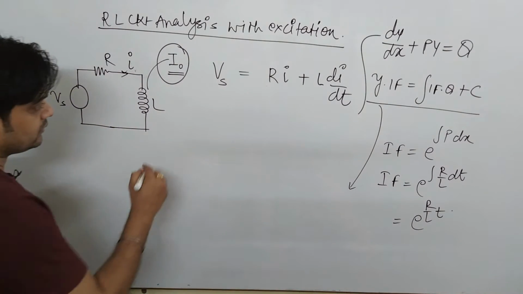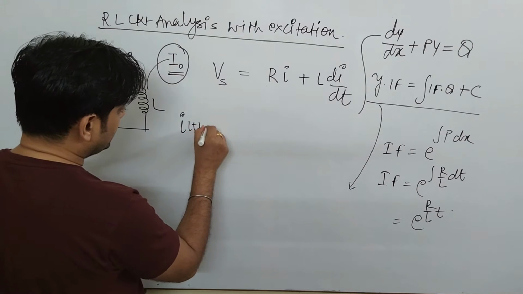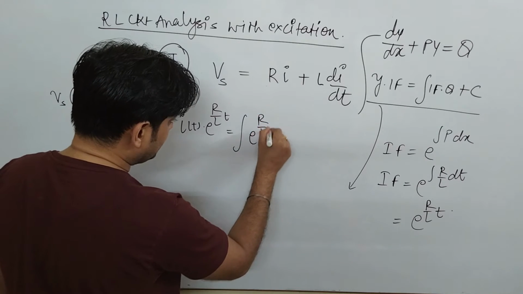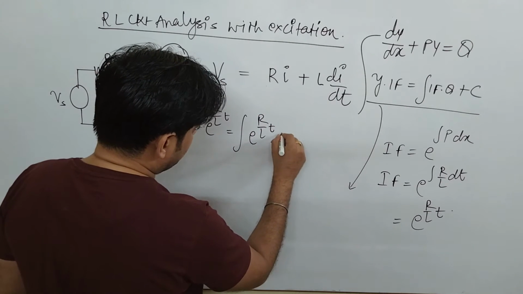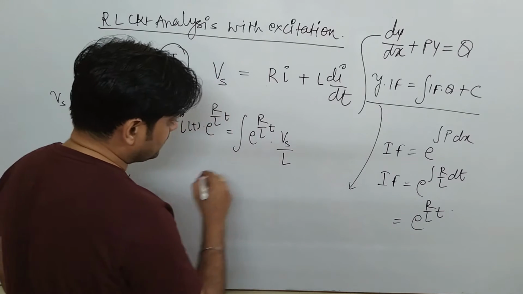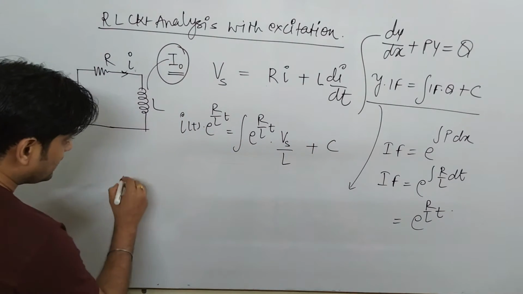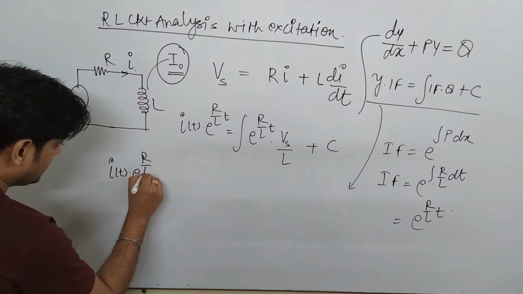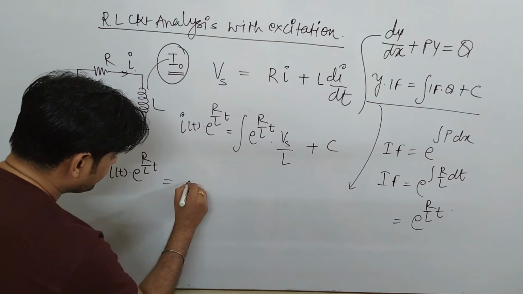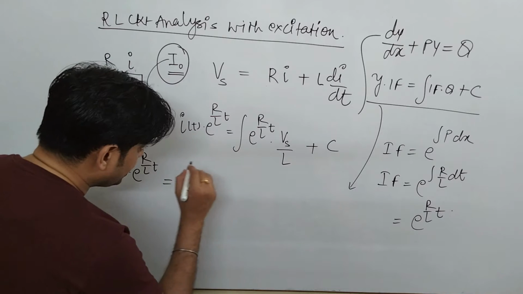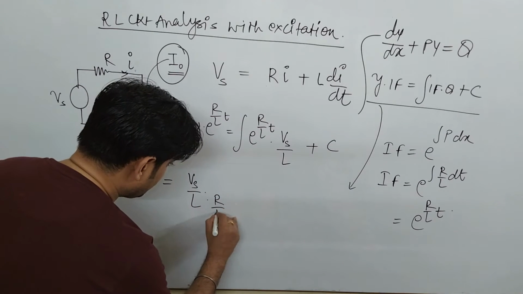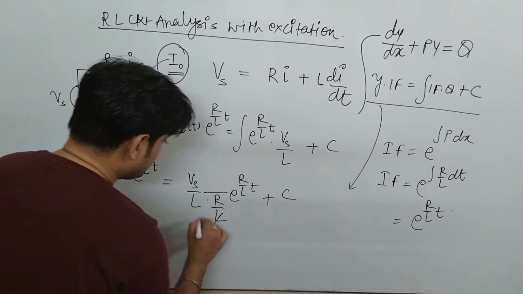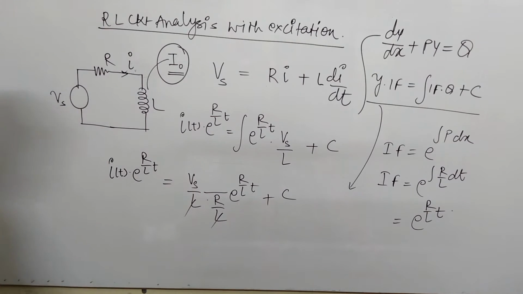This solution comes to be i(t) into e to the power R upon L t is equal to integration of e to the power R by L t into Vs by L plus integration constant C. If you solve this, this comes to be i(t) into e to the power R upon L t is equal to Vs upon L, which is your constant. If you integrate this, that comes to be L by R into e to the power R upon L t plus C. This L and L get cancelled out. So if I solve this,